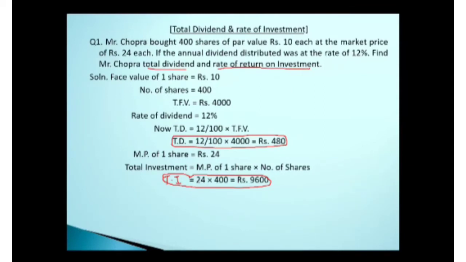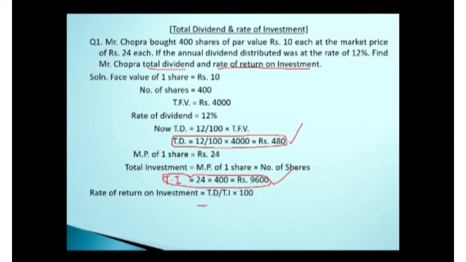Already I had given you the formula in the previous slide, formula number 3, if you can see it there, you have written it in the notebook. It was given as rate of return equals total dividend divided by total investment into 100. Total dividend is 480, which we calculated earlier, and just now we got the total investment. So we have both data and we can substitute here and get the answer for the rate of return. All of you just do that and try to get the answer.